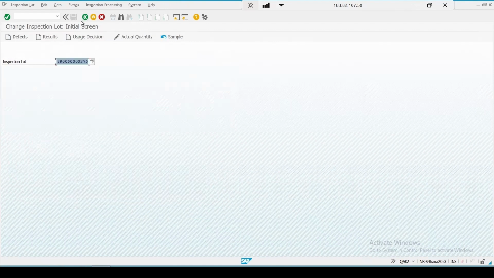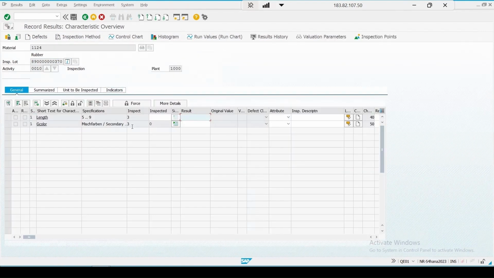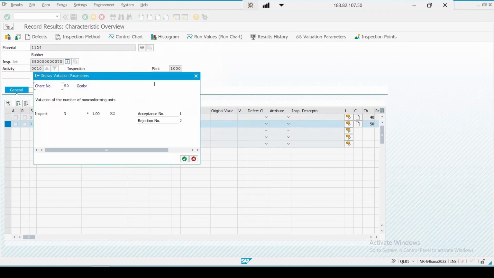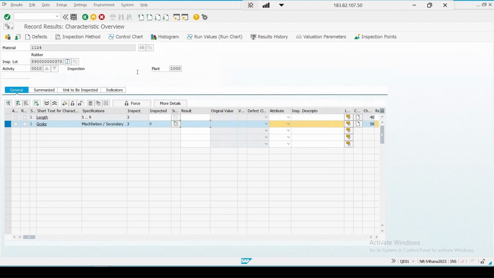Okay, so let me go back, and if I go to the result recording again, my sample size is 3 only, but in this case it is picking up as 3 individual entries I have to enter because my MIC is a single result recording, and how this sample size is calculated, it's not 100% because it is giving me the sample size as 3. If we check the valuation parameter, the acceptance number is 1, rejection number is 2, and the sample size is 3. Let me open the configuration,